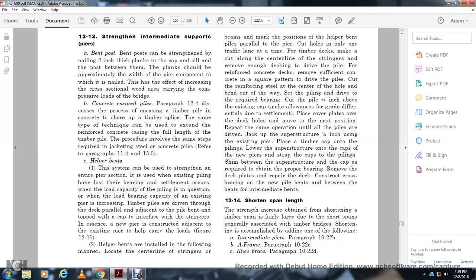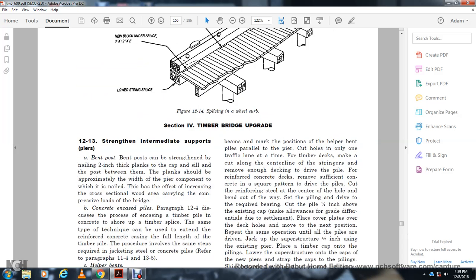Helper bent constructed in the following manner. Locate with the center line with the stringers, beams and part with the mark of the position of the helper bent with the pile with parallel to the pier with the cut the holes in one of the traffic lanes at the time with the timber deck, with the make with the cut along with the center line with the string, with the remove the enough of the decking with the provide drive the